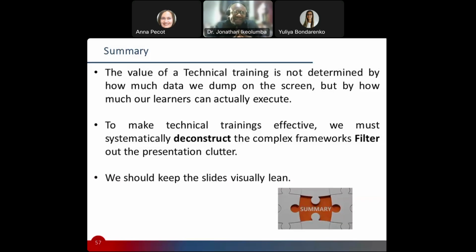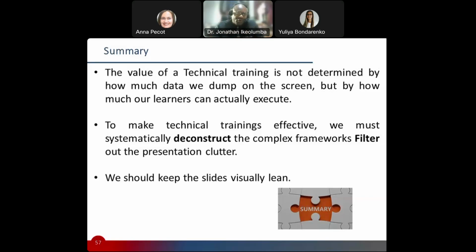Many things that require us to build capacity might not be things that the learners are familiar with. There's quite a lot that a learner wants to learn that they might never have any idea about. And sometimes those things could be complex, abstract, and technical. That's the point why we must be very intentional that when it's a technical training, we're not just doing what I call data dumping, right? But we must be very intentional about the overall experience that we want the learners to have out of it.